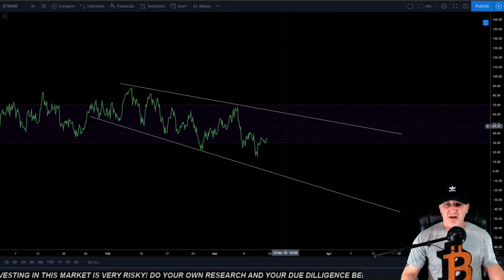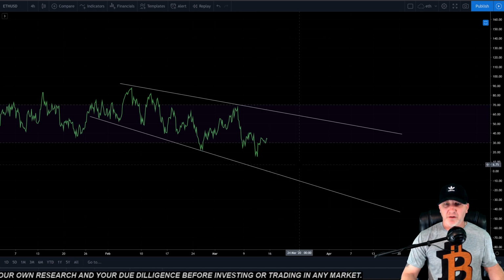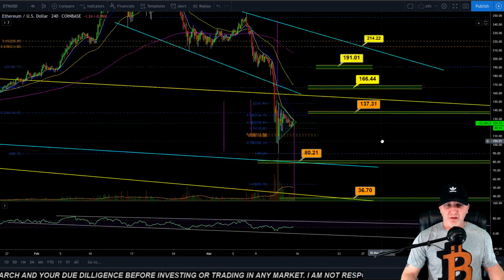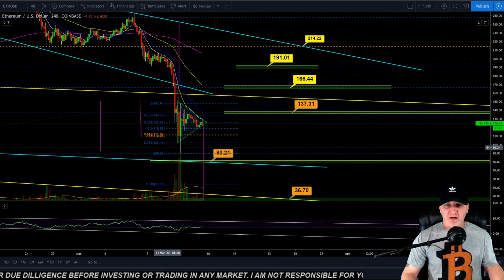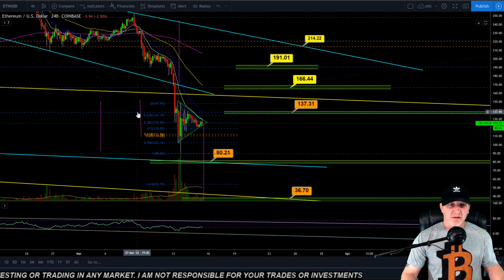If we look at the RSI, we do have room to move up. But it's, I don't know, this is kind of looking bearish, like it might come back down for another test on Ethereum. So watch for the breakout of this triangle, guys. And these are the targets here. Like I said, where